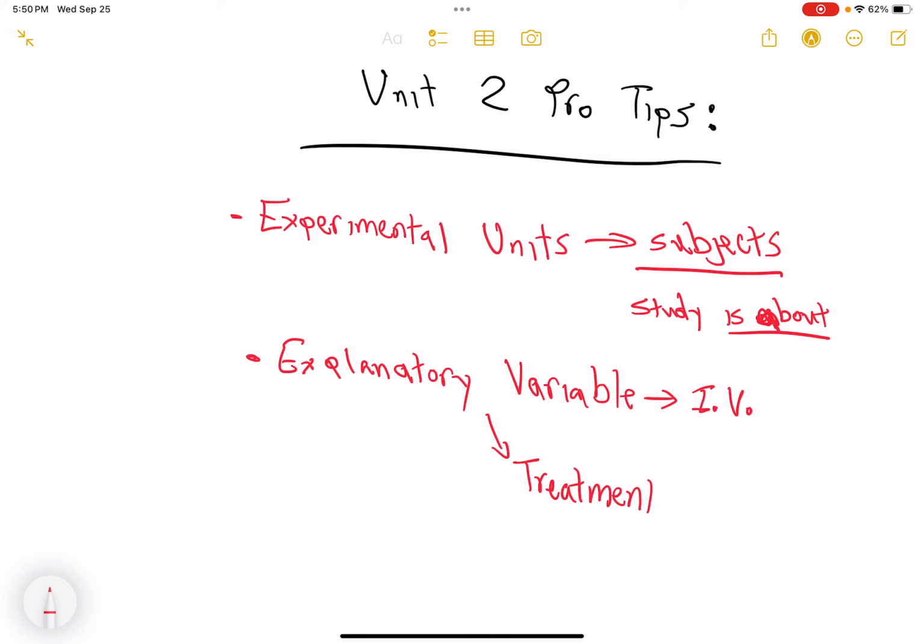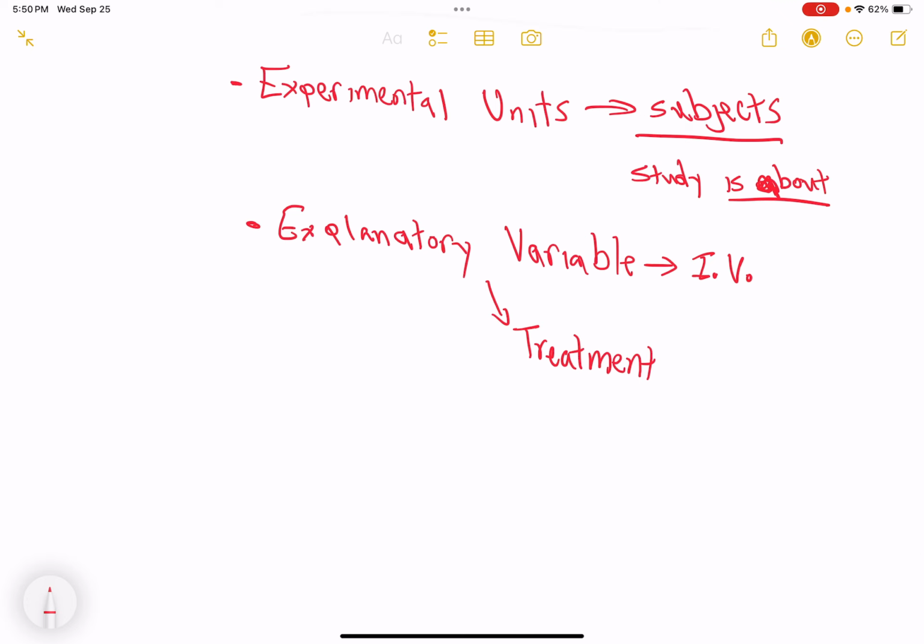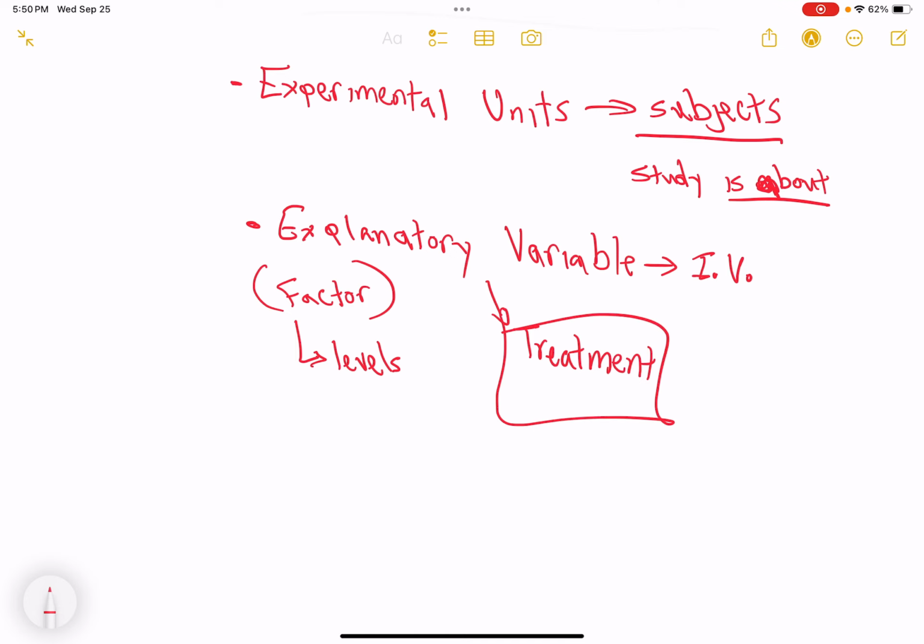Now, the treatment is the mix, and we normally, of course, call the explanatory variable the factor. And the factor, aka the explanatory variable, often has levels. This is all review from old stuff, but you should know that those levels in that factor always enhance our understanding of the treatment. And the treatment groups, or the treatments, are just the various combinations of factors and levels